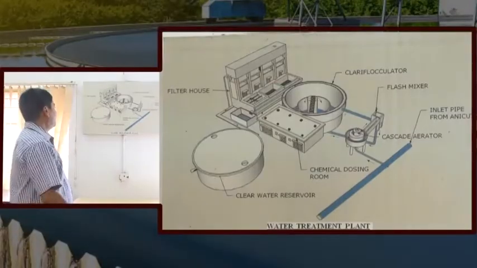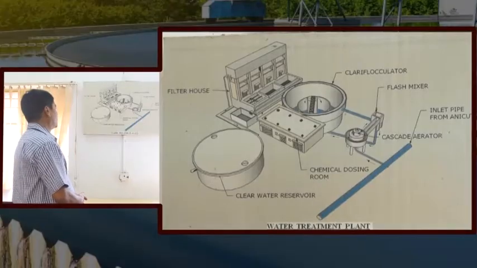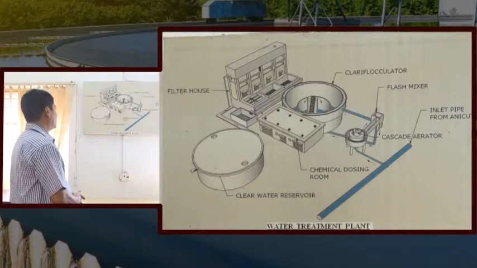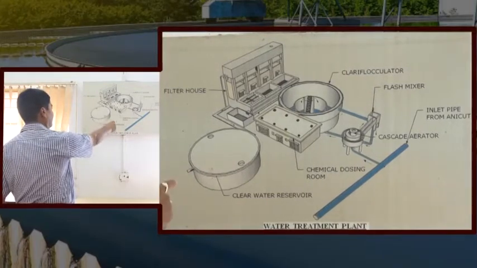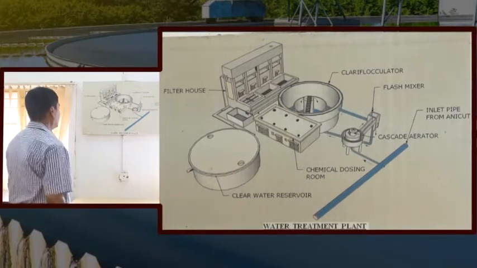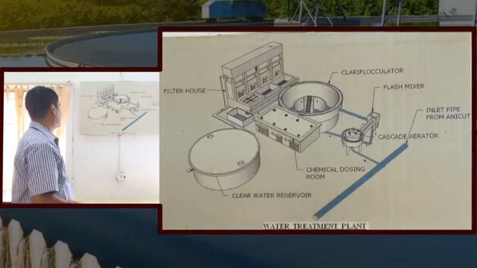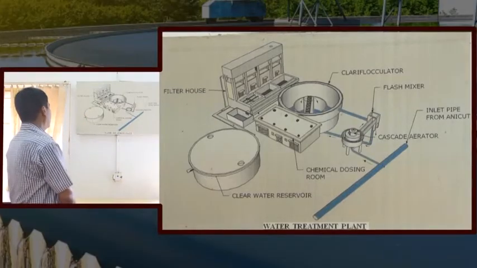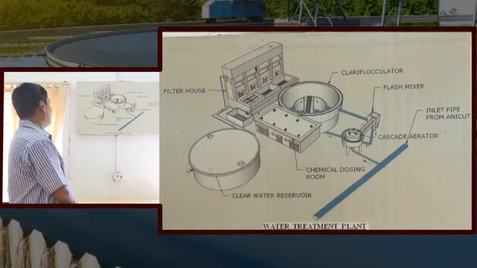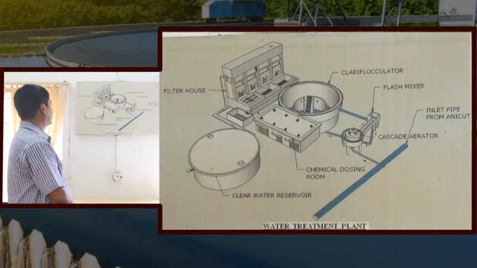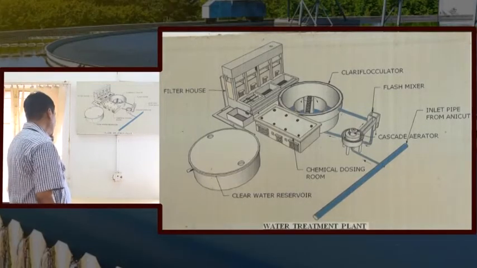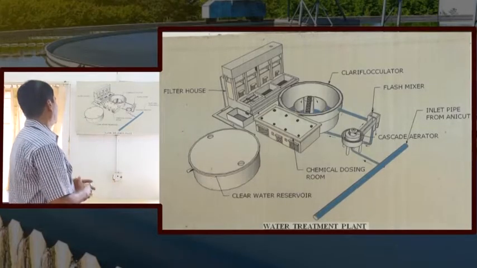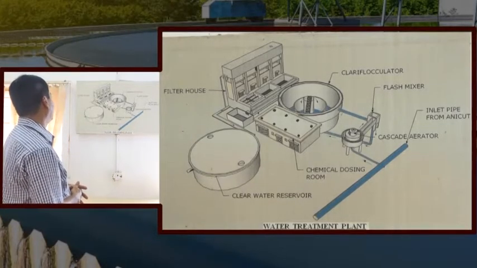Well, we have one source of water that is 40 kilometers away from this place, the Kansauti river. We get the water from the river. It goes to our cascade aerator, where it mixes with the air, and then it goes to the flash mixer and to our clarificator. In the clarificator we have a very good system for rotating everything, and solid particles get settled down. There we mix in the chemical dosing plant. From the chemical dosing plant we use chemicals to purify the water we get from the river source.